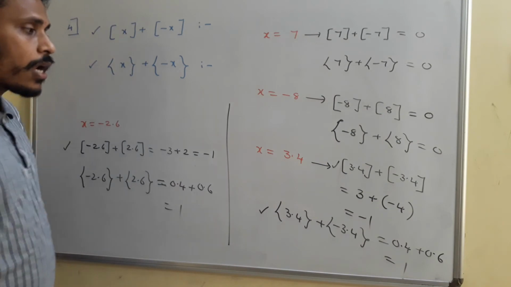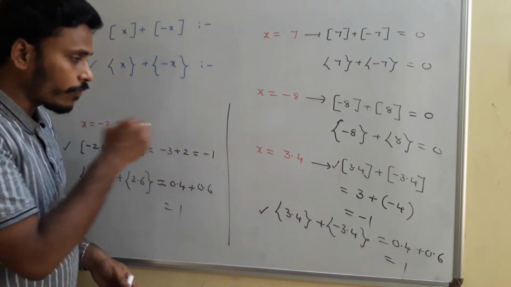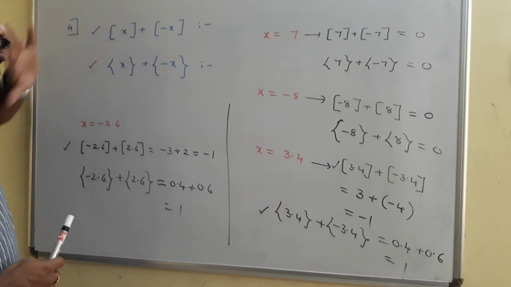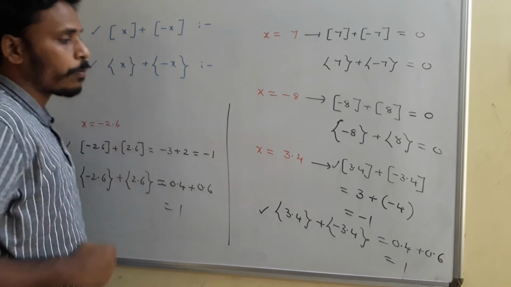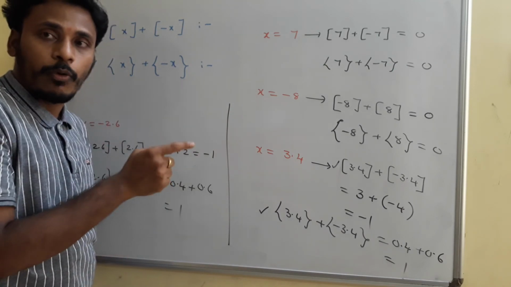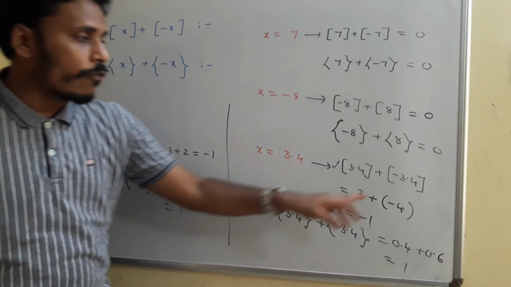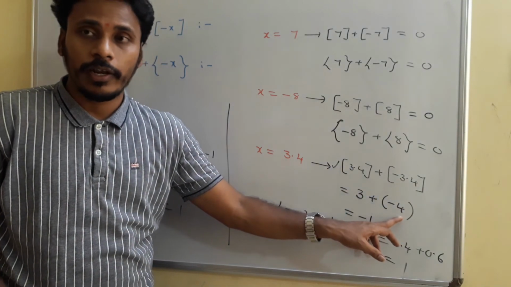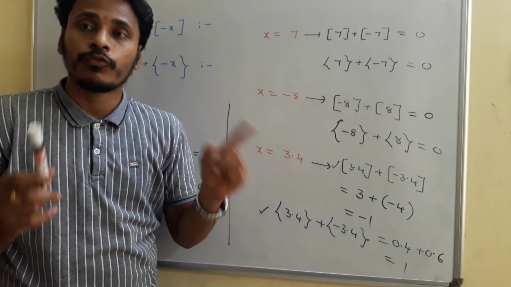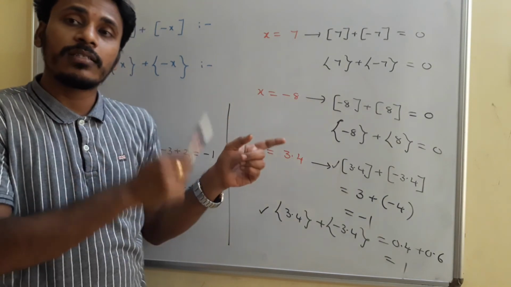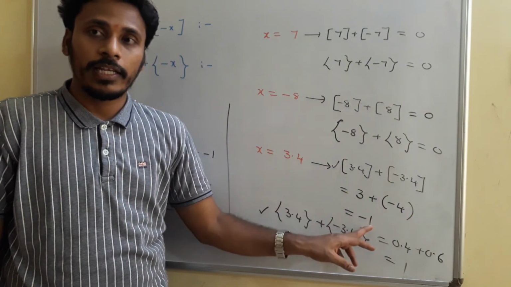Okay, right. And now if x is equal to 3.4, so it is somewhat we need to discuss. So take x equal to 3.4. The first one is floor of 3.4 and the next one is floor of minus 3.4, replacing 3.4 in the place of x. Floor of 3.4 here is 3 and floor of minus 3.4 is minus 4. Is it right? So minus 3.4 is a number which is in between minus 4 and minus 3. So you need to consider the left side integer which is minus 4. So 3 plus minus 4 is minus 1.